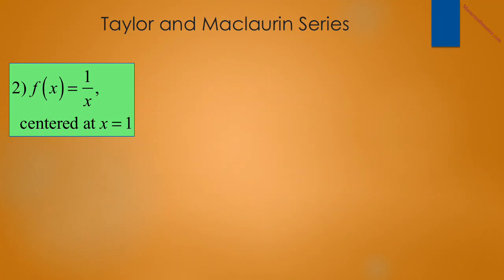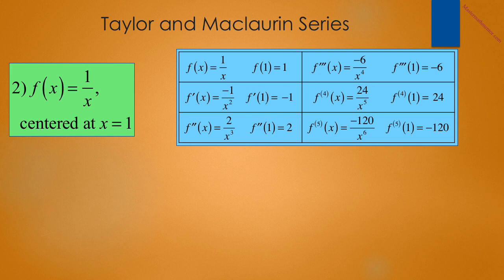For f of x is equal to 1 over x, we are asked to find the Taylor series centered at 1 along with its interval of convergence. Since f of x is equal to 1 over x, f of 1 is equal to 1. F prime of x is equal to negative 1 over x squared, and f prime of 1 is equal to negative 1. F double prime of x is equal to 2 over x cubed, and f double prime of 1